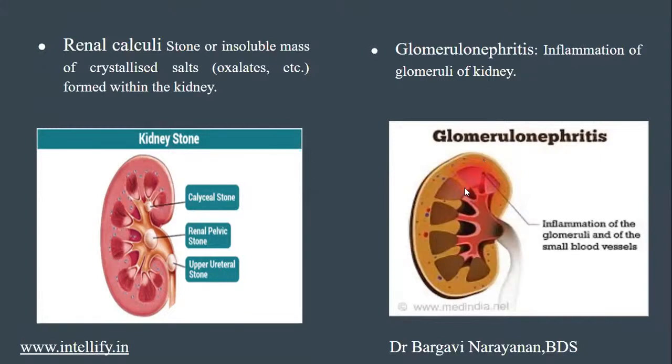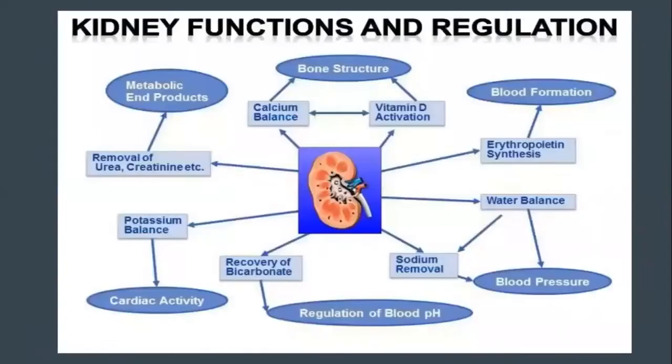Now, we already know that the nephron is the basic unit of the kidney, and the nephron is divided into two parts. We have the glomerulus and Bowman's capsule, which form the Malpighian body, and the PCT, DCT, loop of Henle, and collecting duct. We also know that except for the loop of Henle, everything else is in the cortex. So obviously the glomeruli, which are mostly in the cortex, are going to be inflamed, along with smaller blood vessels.